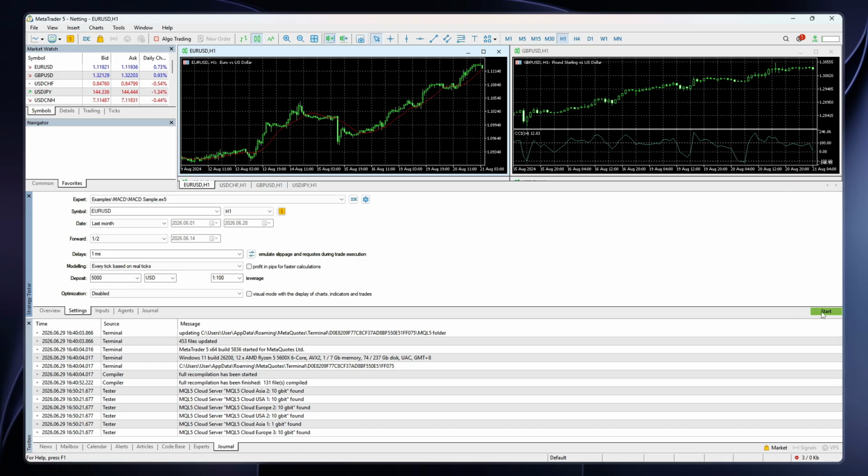The system will now begin processing your backtest, running your strategy through the historical data you specified. This may take anywhere from a few seconds to several minutes, depending on the complexity of your strategy and the length of your testing period. And that's it. You've successfully run a backtest of your trading strategy on MetaTrader 5, and you can now analyze the results to see how your strategy would have